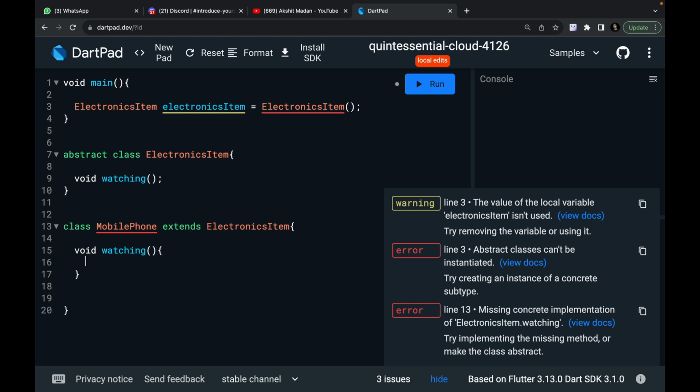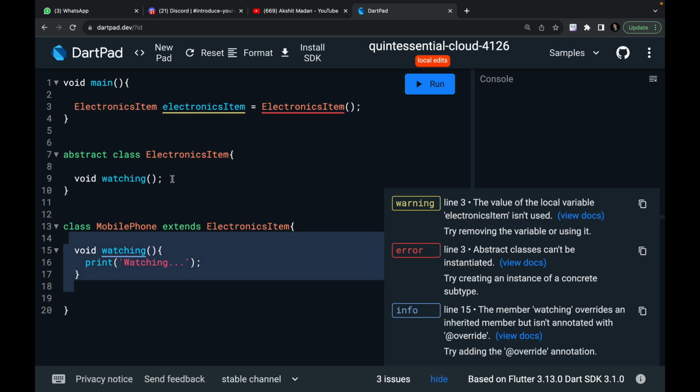And over here I can define the implementation of it, right? I can write print watching, right? This is the implementation. Now some functions can be something like that which do not need the implementation to be there in the child